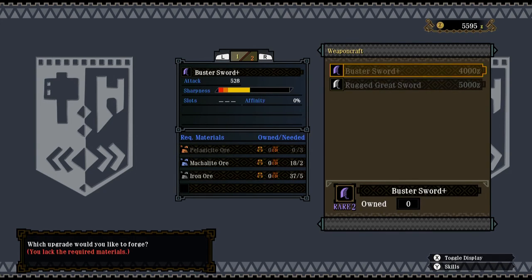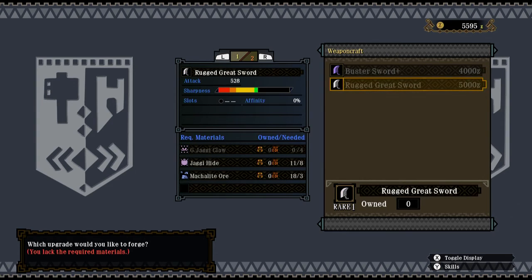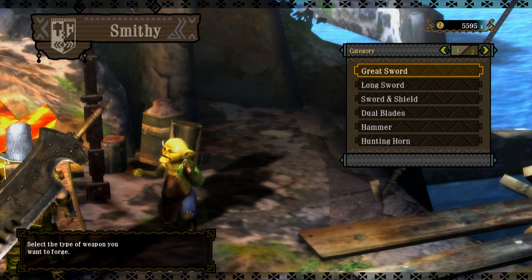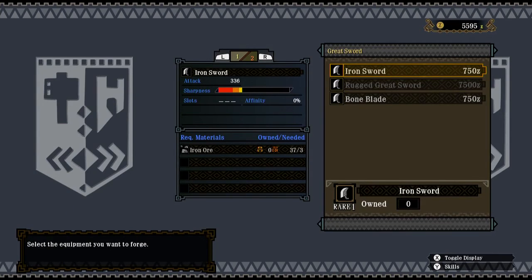These pelagisite ore, as you can see, we cannot get this weapon or either of these because we haven't got the items for them. There's also something noteworthy about forging a new weapon. So here you can see we have a bone blade that we can create. So I will create these as well. There's a lot of weapons that I need to create. It's going to be a pain, but I will still create them so you guys can see